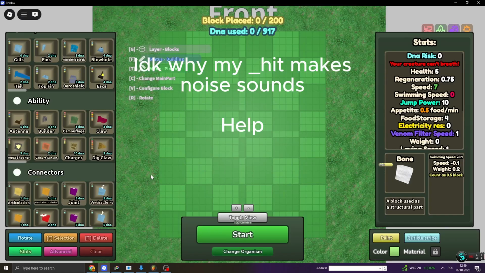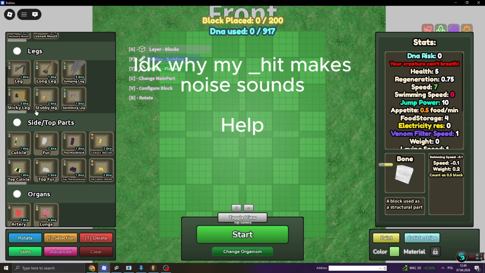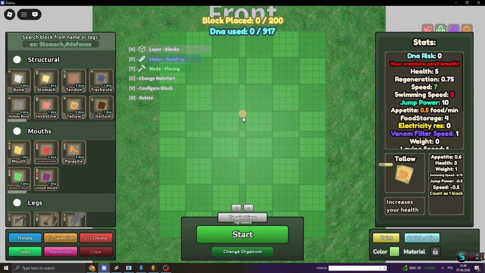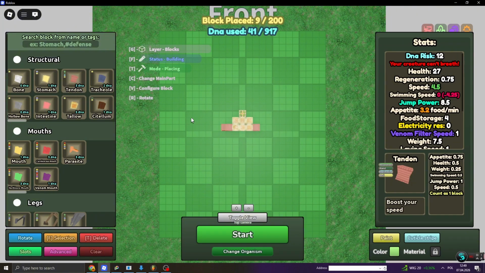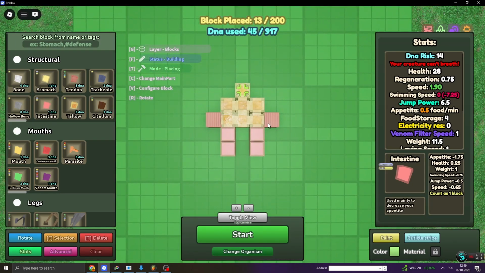How to make a stack animal in your editor, update of Terra. So I found out, for example, you can make an apex or whatever you want. You obviously need to put these two in the middle. This is the base, and this is where